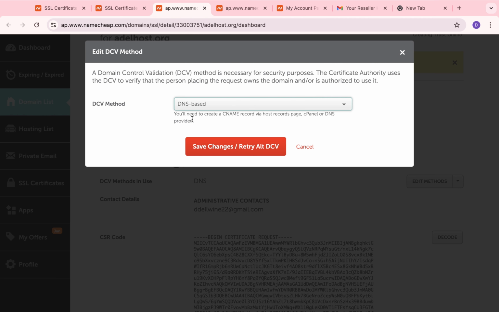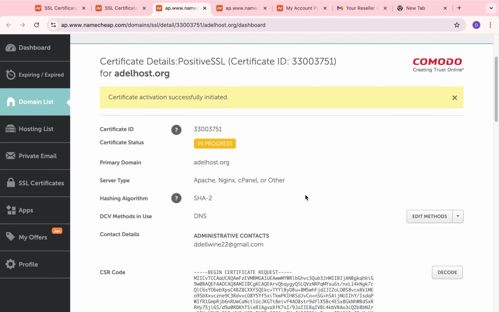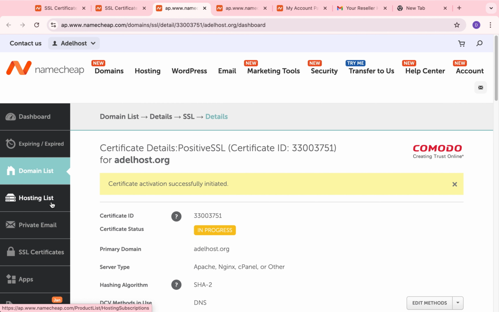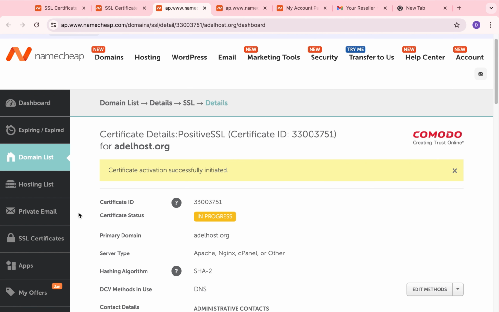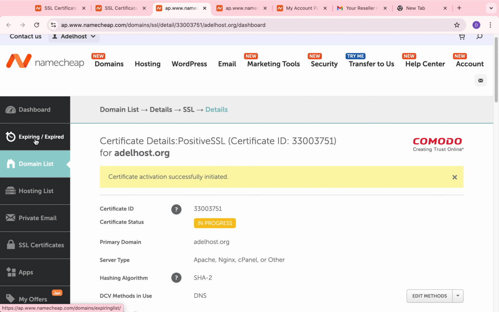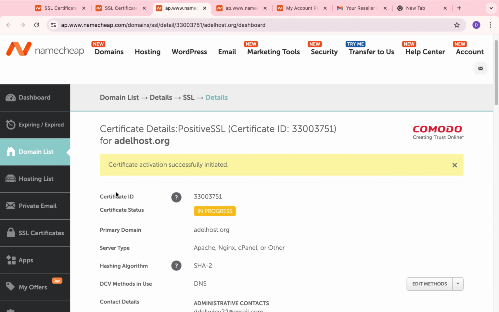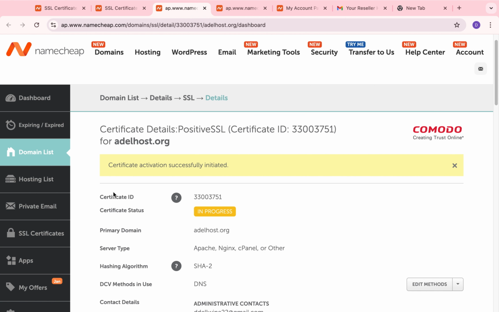Right after adding the required records, and before we check the CNAME lookup link, let's first add these records inside cPanel. If you are following along, I have added a link in the description to the hosting plan I'm using. That said, even if you are on a shared hosting plan, this is perfectly fine. The steps we are covering here will still apply. To get started,